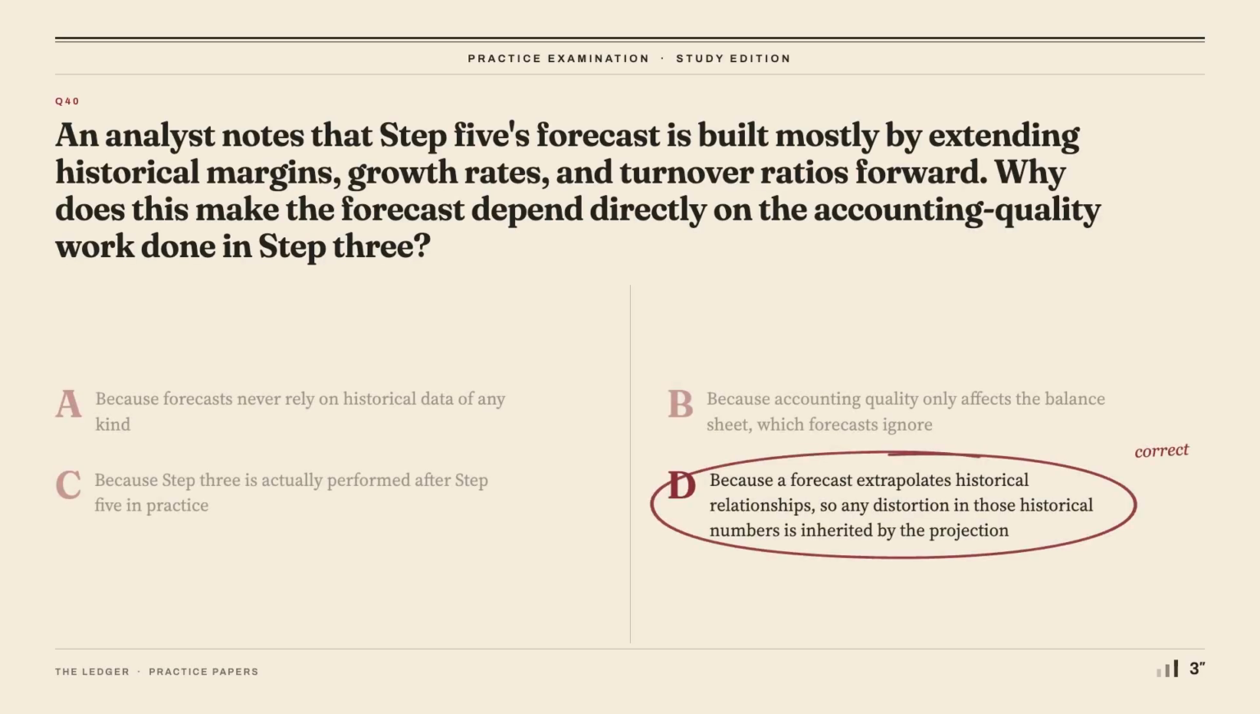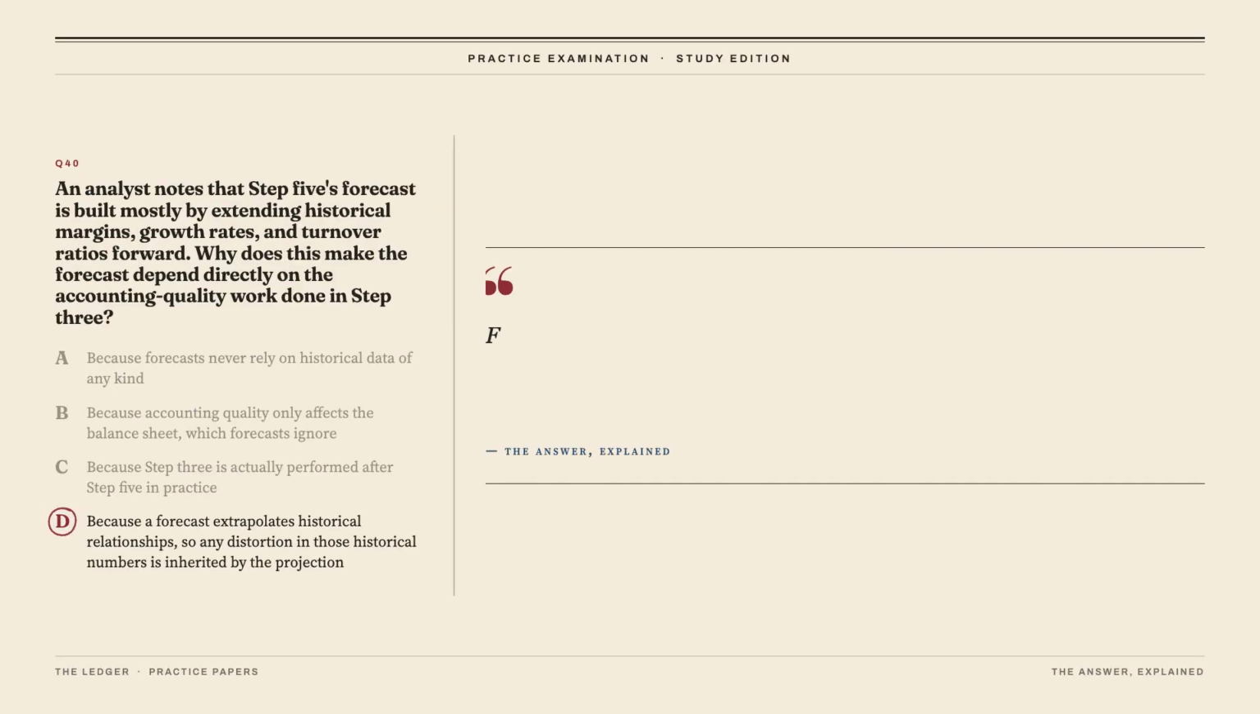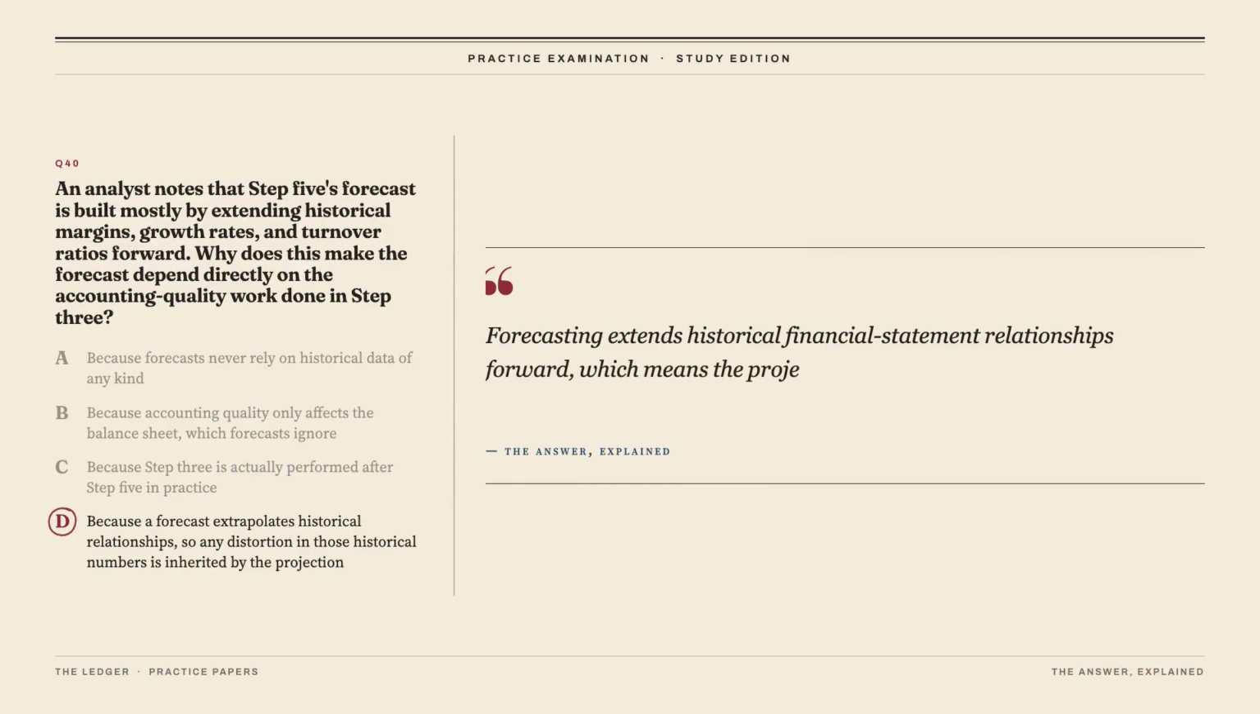The correct answer is D. Because a forecast extrapolates historical relationships, so any distortion in those historical numbers is inherited by the projection. D is correct because forecasting extends historical financial statement relationships forward, which means the projection is only as trustworthy as the historical figures it extrapolates from. If Step 3 found those figures distorted, the forecast inherits the distortion, making accounting quality the raw material of a